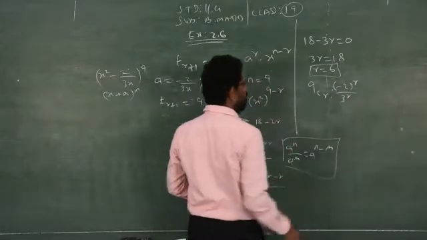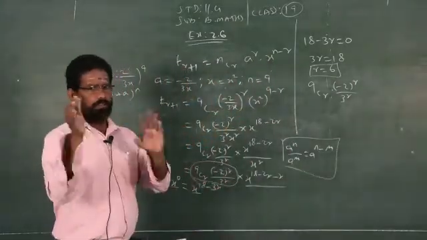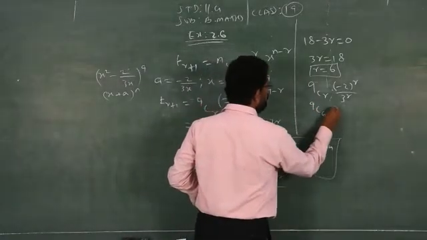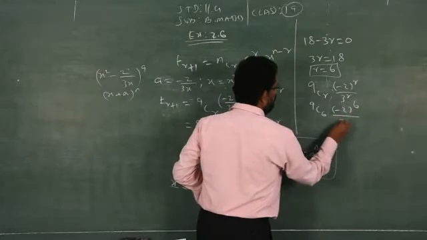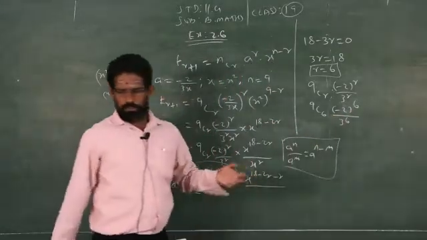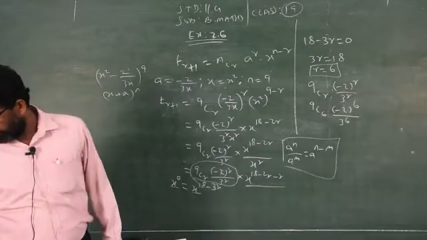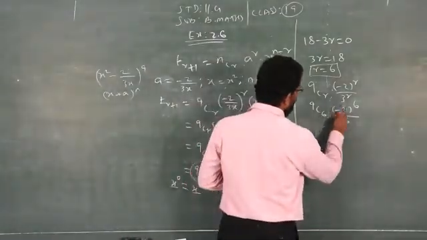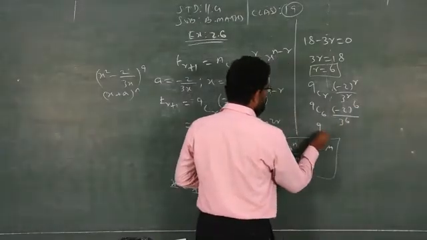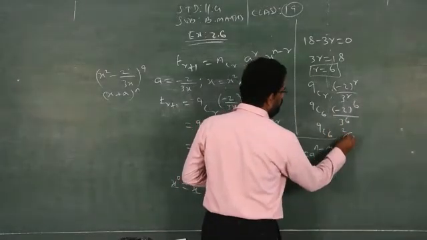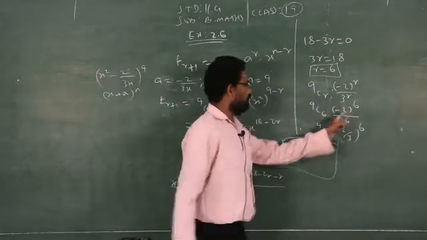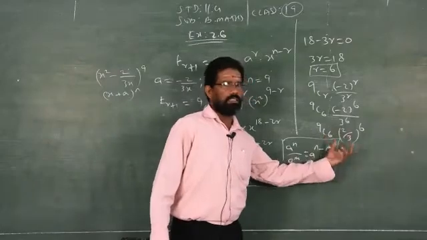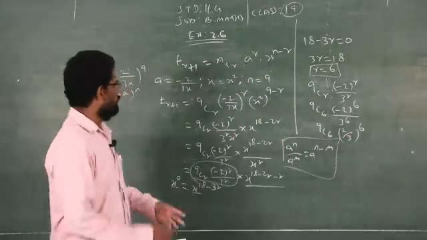Here the powers are the same, you can write minus 2 by 3 whole power r, that is also correct. So I am replacing 9C6 into minus 2 power 6 by 3 power 6. You simplify by using the calculator; just replace r as it is and you will get the answer. When the negative has an even power, then this will become 2 by 3 whole power 6, because both have the same power. If you simplify more, or you can leave it as it is, nothing wrong. They will give marks.